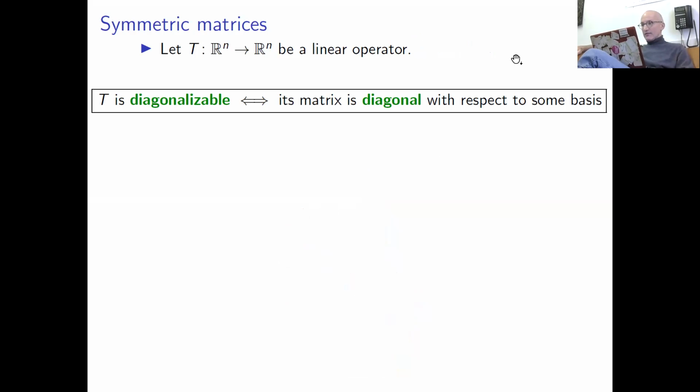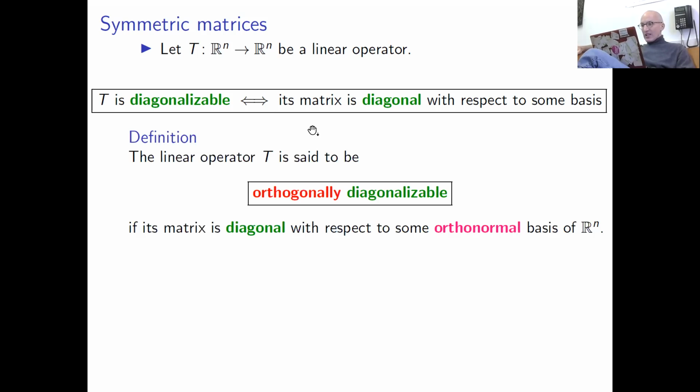We state it first in the language of linear operators. We fix a linear operator T from Rn to Rn. And let me remind you that T is said to be diagonalizable if its matrix is diagonal with respect to some basis of Rn. Now we give a very important definition,